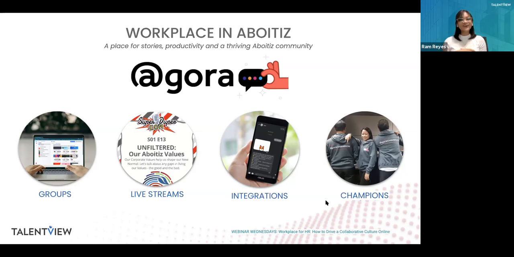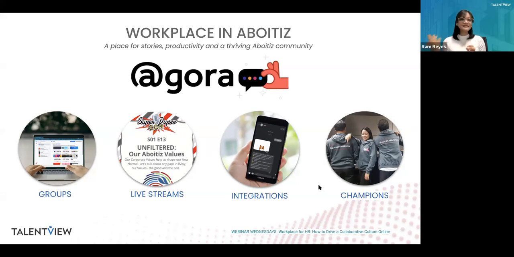It's not really a critical function that is innate or within the Workplace interface or platform, but we feel that the champions are very, very critical in terms of rolling out Workplace in your community because they would help you reach out to the rest of your organization and have that touch of humanness in the contents and the processes that you will be sharing inside the platform. So they are the key, the heart that will intensify or reiterate the culture and communication